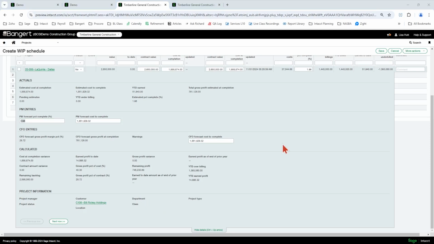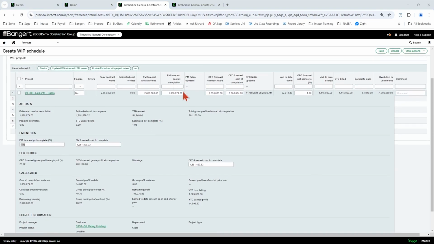So if a project manager field was updated after the CFO field, that might be a red flag to show that I need to then consider, as the CFO or the person running this tool, that I need to update my amounts potentially. Okay, so that's a good use of those two fields.